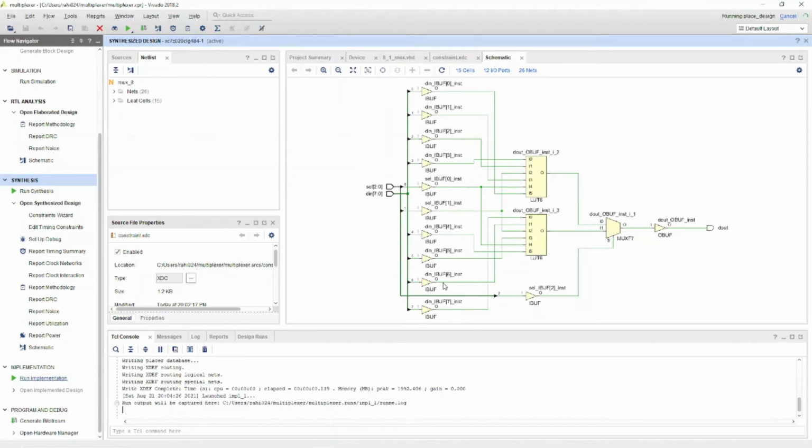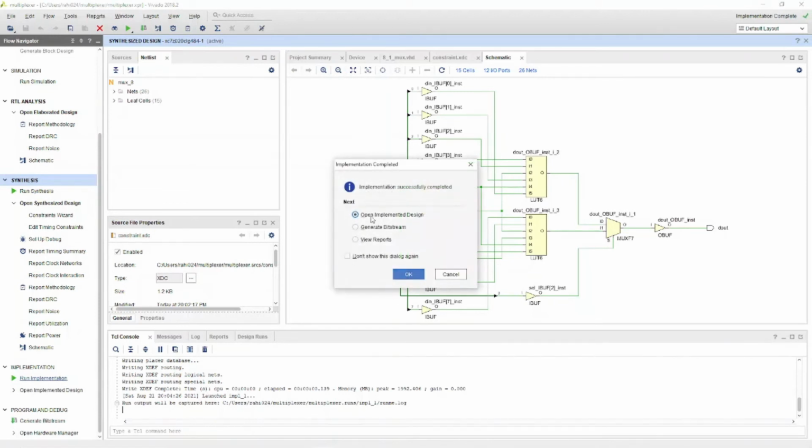It will be done. Yeah, I think this implementation phase is done. Then you can write the test bench.